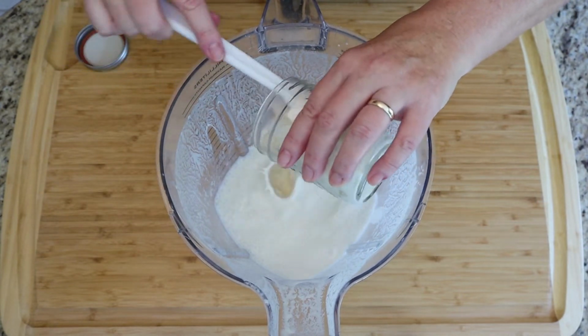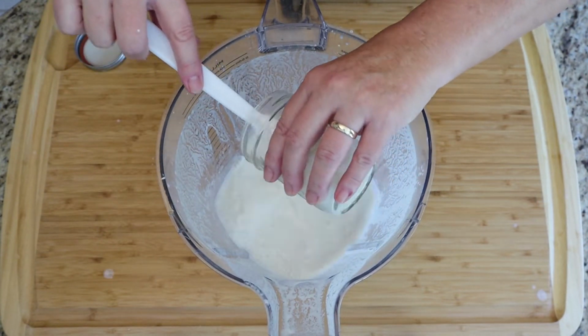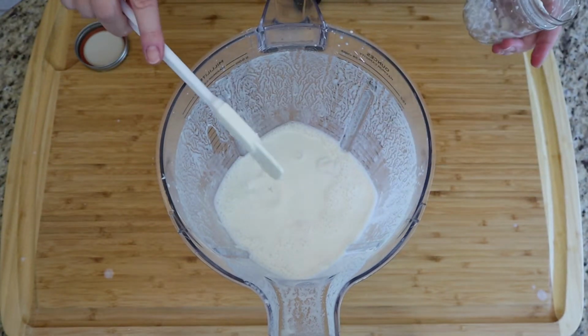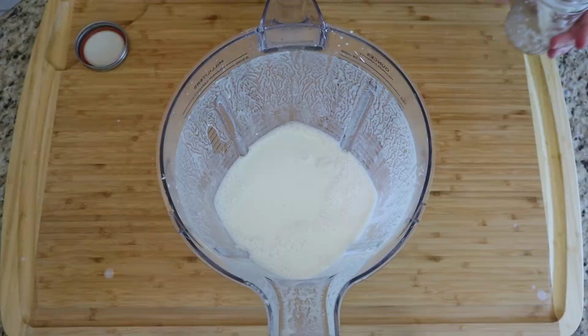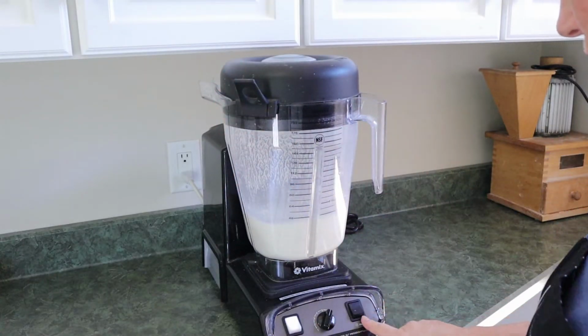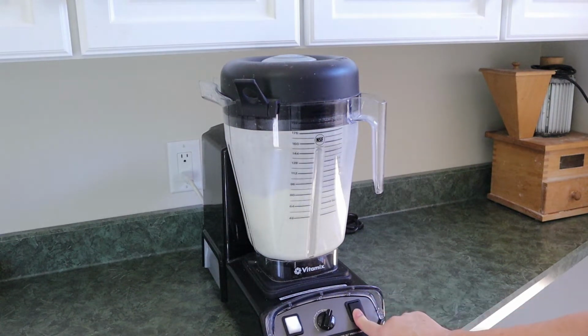Do not put your frozen yogurt starter into the microwave. You don't want to kill the bacteria. You have to either let it naturally defrost, or when it just gets soft enough you can put it into the blender. You pulse it a few bits in the blender to combine it,